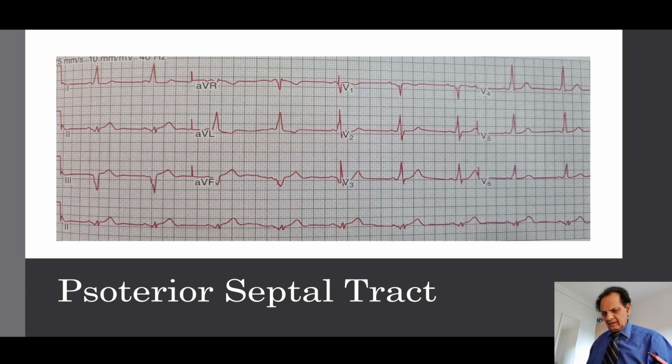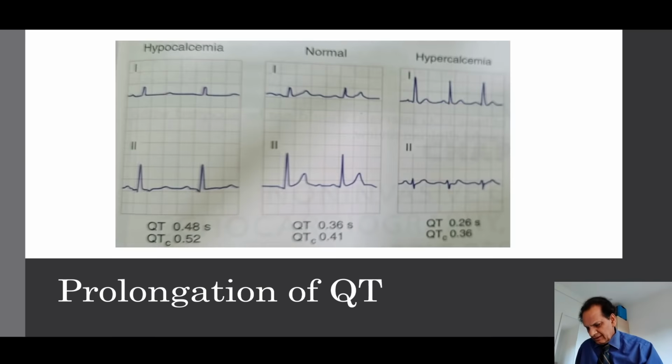So it's again a WPW. You can see the delta waves in many leads, including the one, AVL and lateral leads here. It's the septal tract which was seen. So the prolongation of Q here, you can see